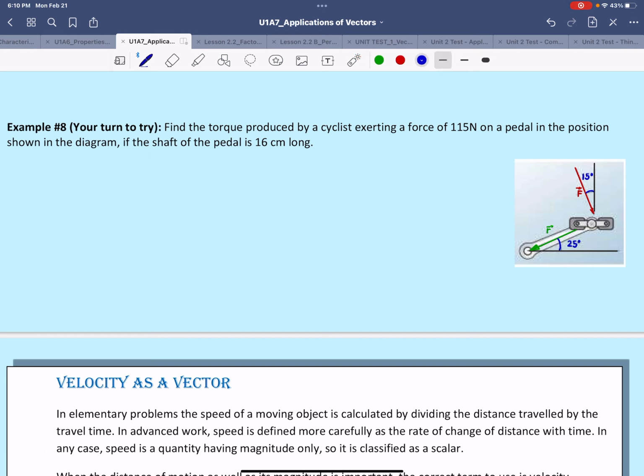So you understand that this is probably going to give us the value of r, because we're applying the force right on the shaft of the pedal, and the shaft is only 16, so that will make r equal to 16 centimeters. It is very important we convert this to meters, so that would be 0.16 meters. Now the force given in this case is 115 newtons. It is very important now to find the angle theta made between the force and